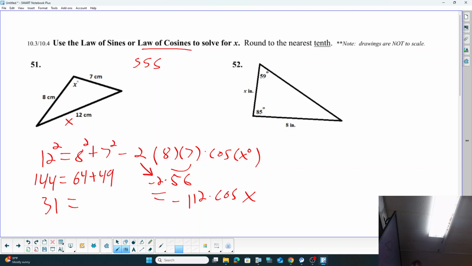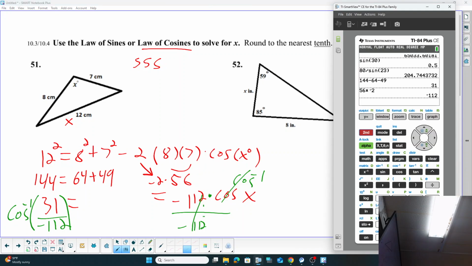Now you cannot add it to the other side, no. You have to divide it. So divide the negative 112 to the other side. Then you're going to inverse cosine, and that'll get you the answer to get x, to get that angle. So we go inverse cosine of 31 divided by negative 112. Boom! 106.1